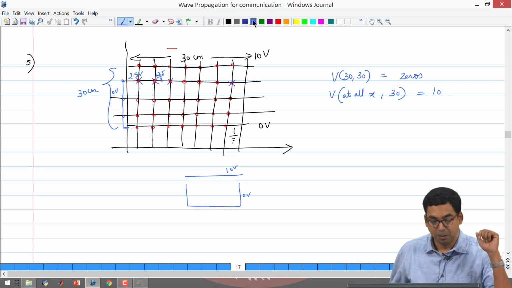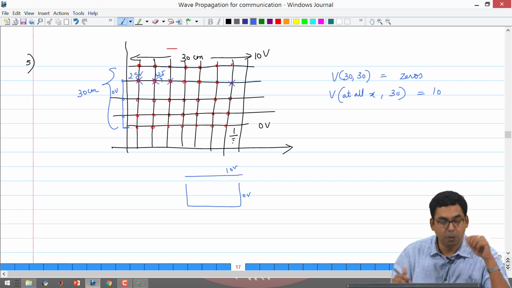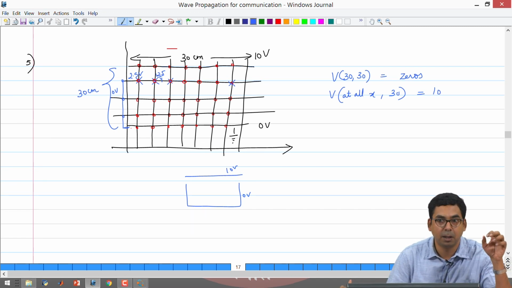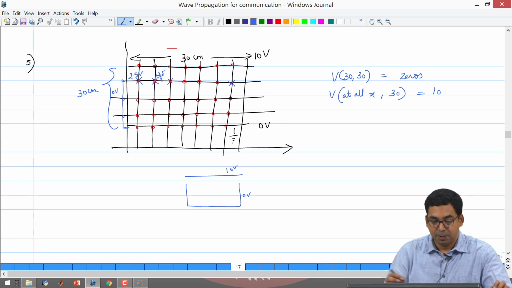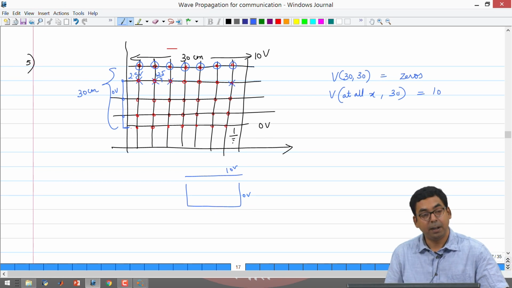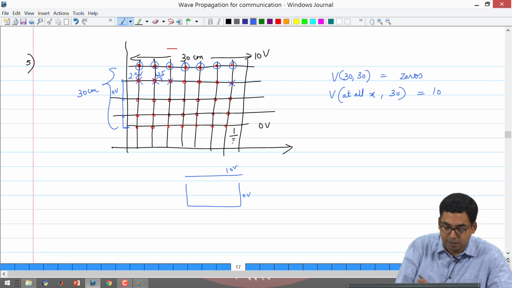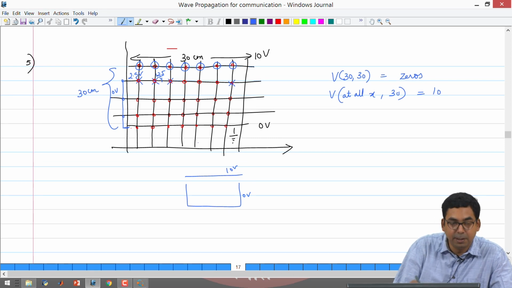So, we began with the algorithm, but did not have time to go over it completely. So, I will go over the algorithm fully and then we will start an Octave code to solve for the voltage in the capacitor. What we knew last time was that the top plate was at 10 volts. So, these points were at 10 volts. The remaining points, the voltages are not known to us. The bottom plate is going to be at 0 volts.